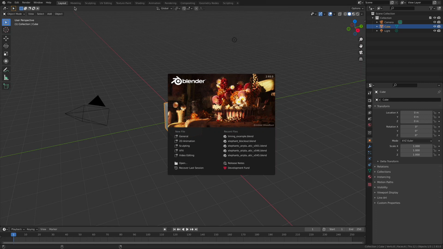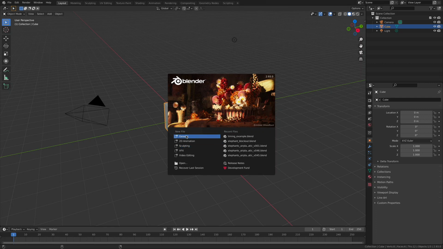Now, if you look specifically at the top here, we have a whole bunch of different tabs that bring certain tools and workflows to the surface. So these little presets are going to filter the entire interface to highlight a specific workflow. Now, I know we're going to be doing a lot of sculpting inside of Blender, but don't hit this button yet. You're more than welcome to go check it out on your own time.